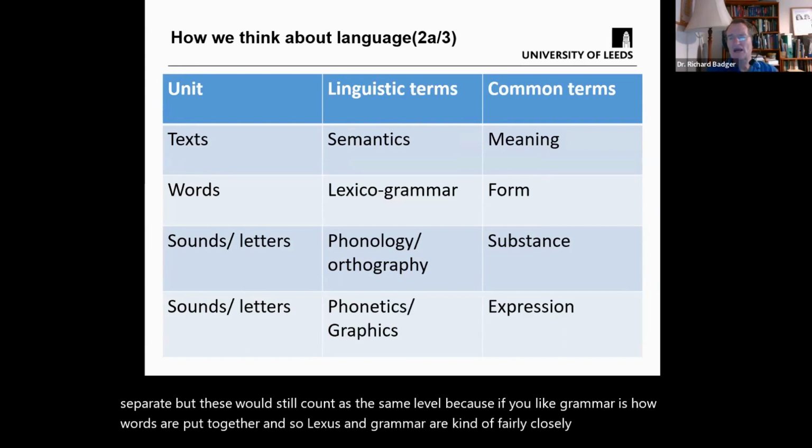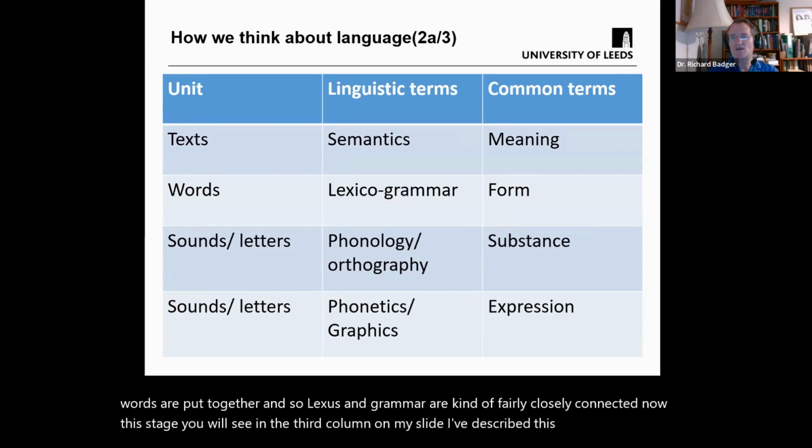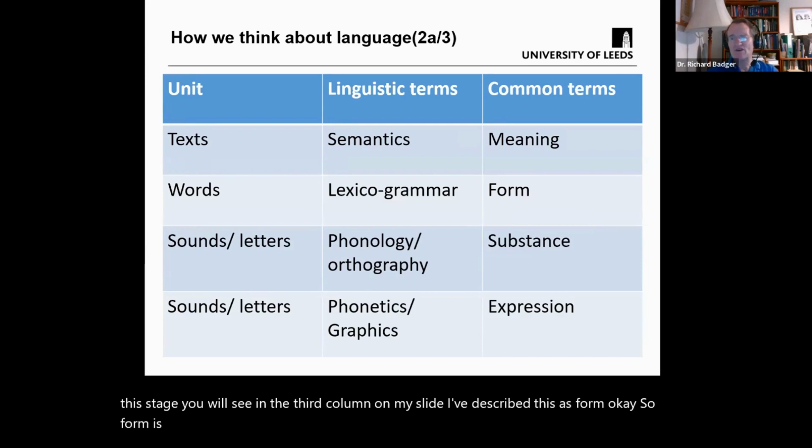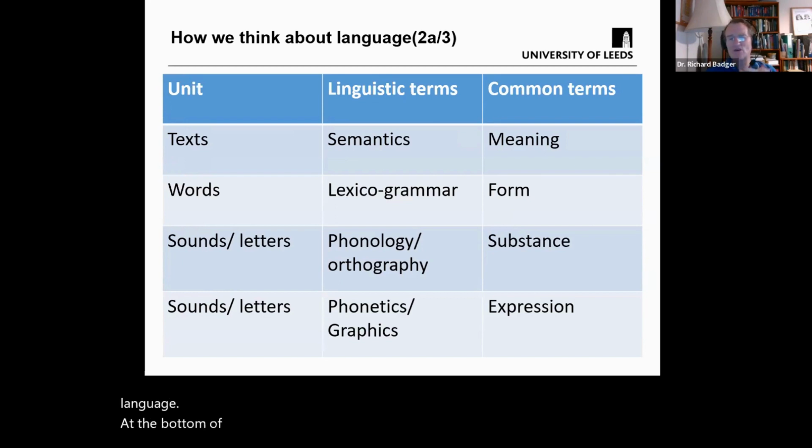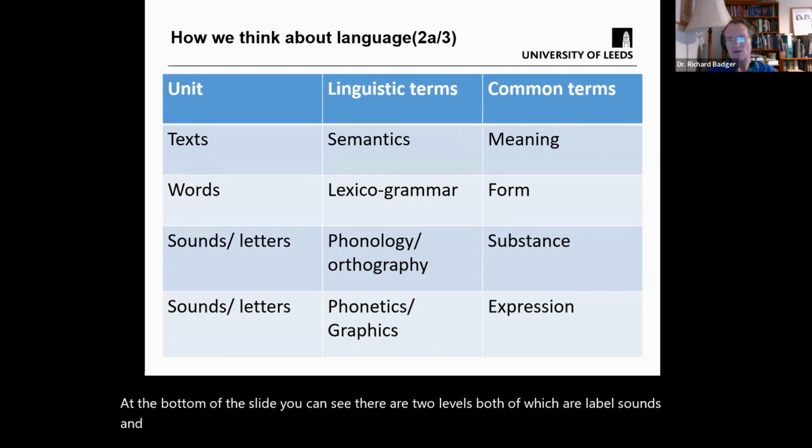Now, at this stage, you will see in the third column on my slide, I've described this as form. Form is one of these slightly tricky words you get in linguistics. It is used in different ways, but here I'm using form to talk about the vocabulary and the grammar of the language. At the bottom of the slide, you can see there are two levels, both of which are labeled sounds and letters. And so here you have what in linguistic terms is phonology,